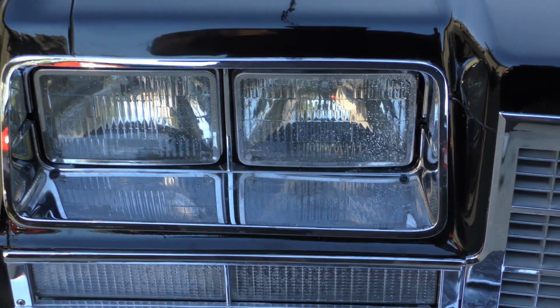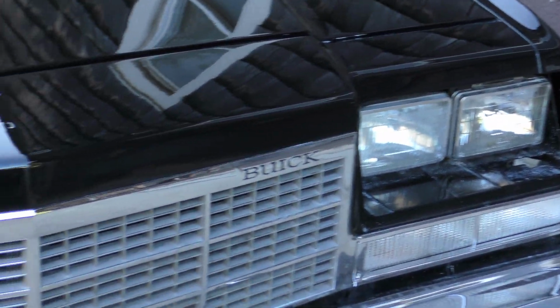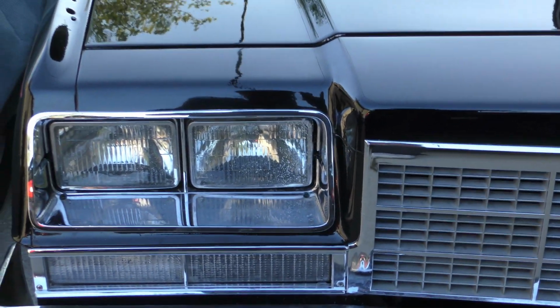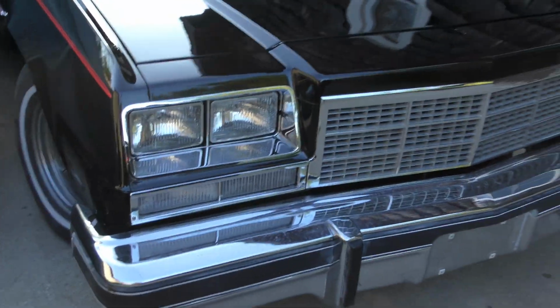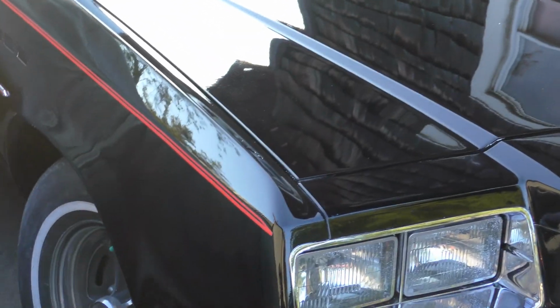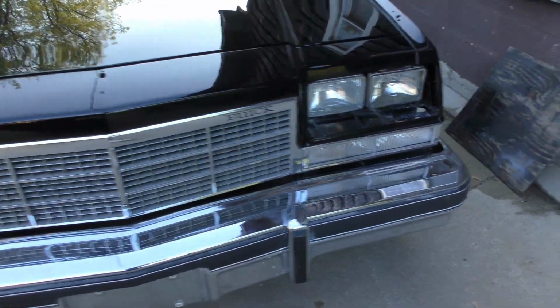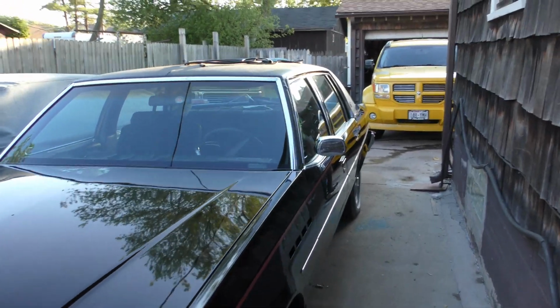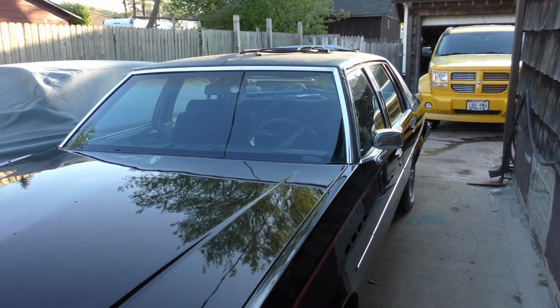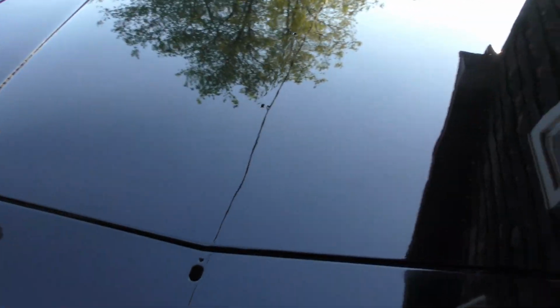Need the bezels for around the lights, or the chrome around the lights. The other one is really, really bad. I'm gonna have to put it on there, but the 79s are not the same, so this is a 77, but I got it all waxed up today with the California Custom. It's turning out pretty good, so it's getting close. I just got one more door panel to put on, and I got a little work to do to the dash. Put the front chrome piece on here